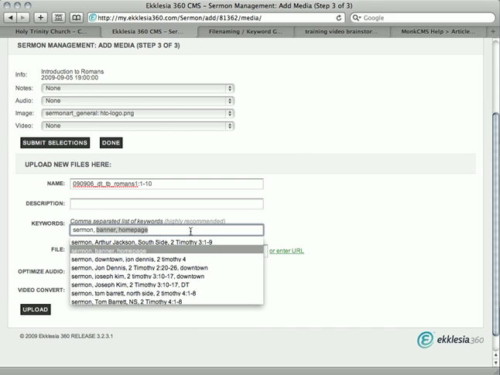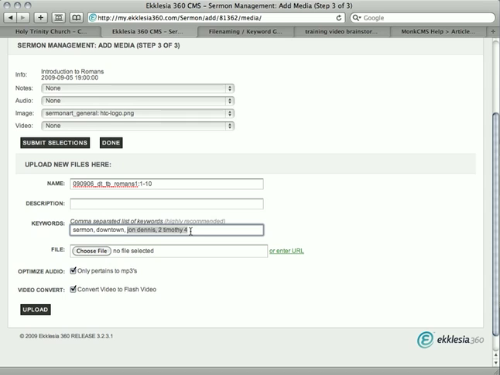So we put sermon, downtown. I think I said west side was another one of the ones where it was preached, and then also pastor and whatever other themes were in there as well. Again, it should be on the sermon summary sheet. So after that, you go to File,